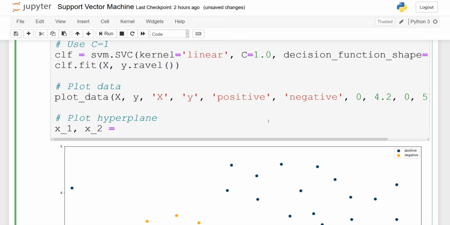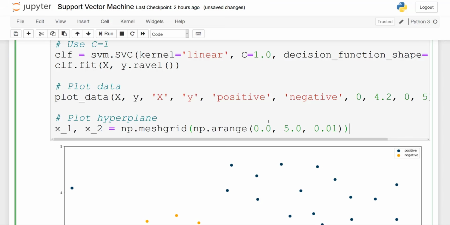So we start off by specifying x1 and x2 to be a numpy.meshgrid, and then we pass in np.arange. So we want from 0 to 5, with steps of 0.01, and np.arange.